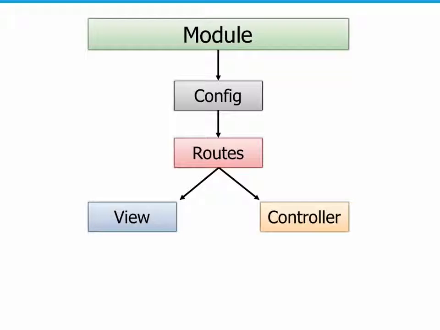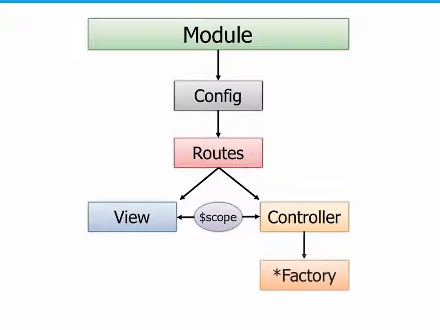And this is the way I would definitely recommend you do it. Now, a given controller would then, of course, have access to the scope object, which the view will bind to. We talked about that a little bit earlier. And then controllers, rather than having all the functionality to get the data and update data and perform CRUD operations and things like that, in a more real-life application, will call out to factories, or I put a star there